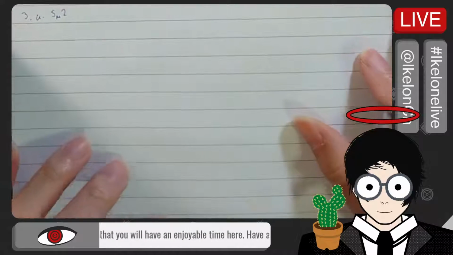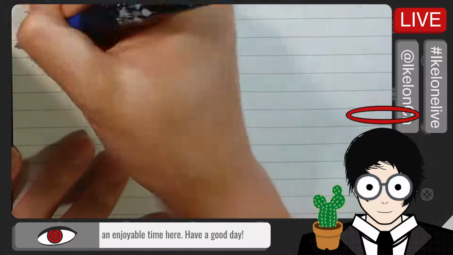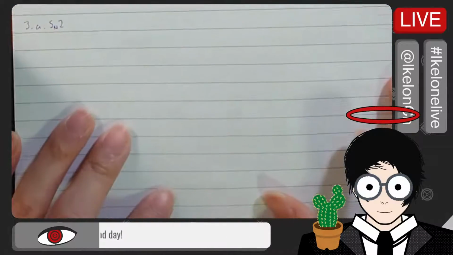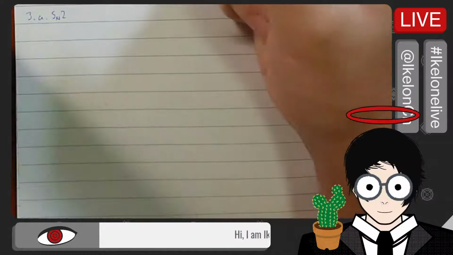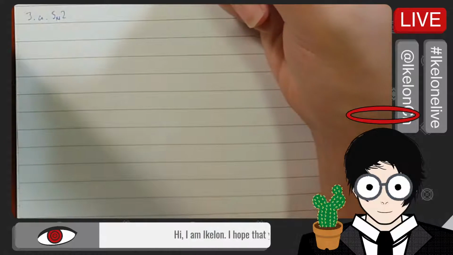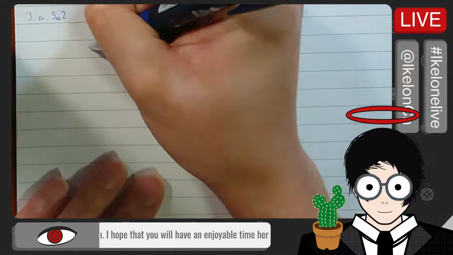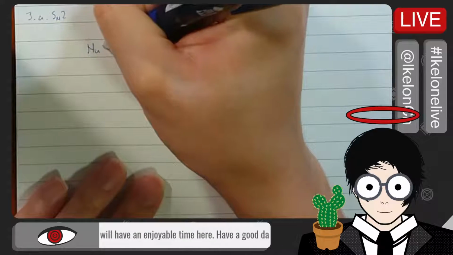Okay, SN2 mechanisms. Actually, maybe I'll write it down a little bit. There, much better. Okay, so how it works is basically you have your nucleophile, right, with the lone pair and